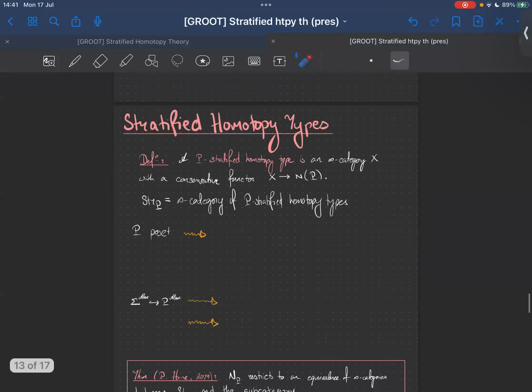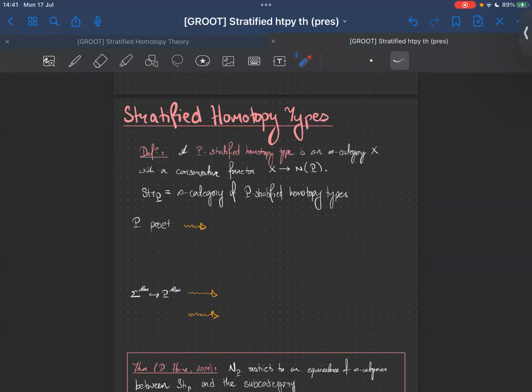So we have a good understanding of stratified topological spaces, but what is a stratified homotopy type, right? And so what I'm going to do, as Peter Haine does, is he defines a stratified homotopy type as an infinity category X with a conservative functor down to a poset. So a conservative functor just means